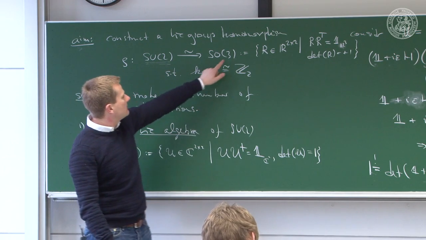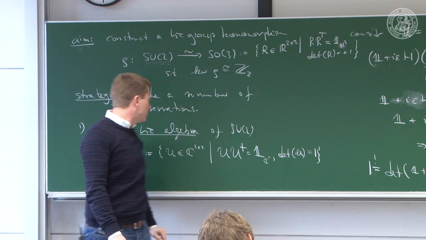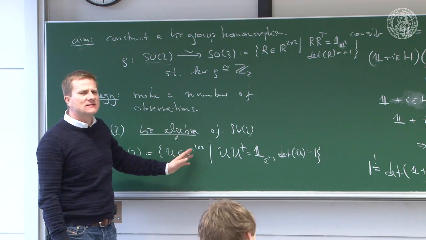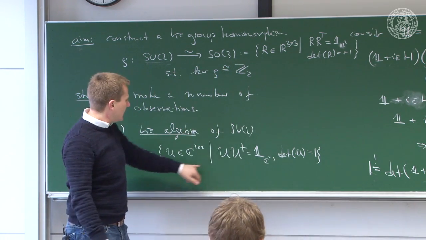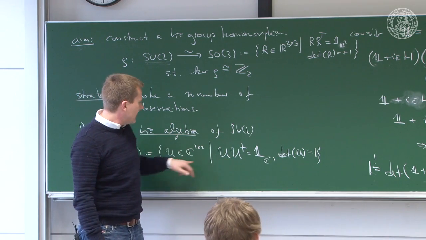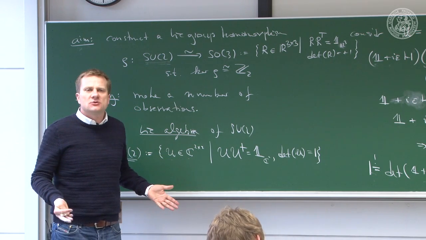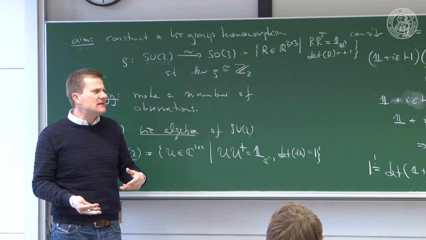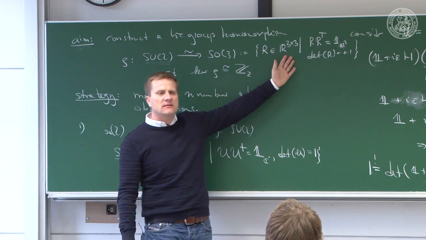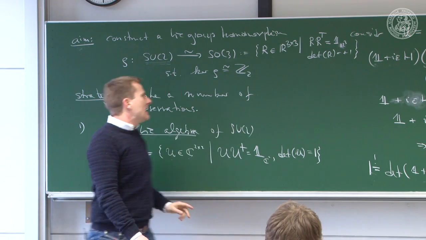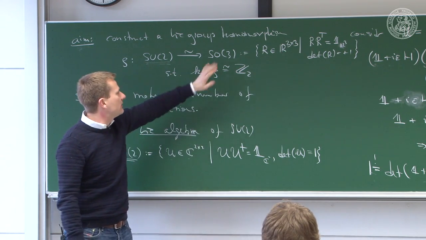Now, if I compare the defining representation of SO3 going from R3 to R3 with the defining representation of SU2 that goes from C2 to C2, they have nothing to do with each other. One is R3, the other one is C2. You can think of C2 maybe as an R4 with an extra structure, but it seems to have nothing to do with R3. But the trick is you can take the representation space R3 of SO3, the defining representation space, and compare it to this Lie algebra,